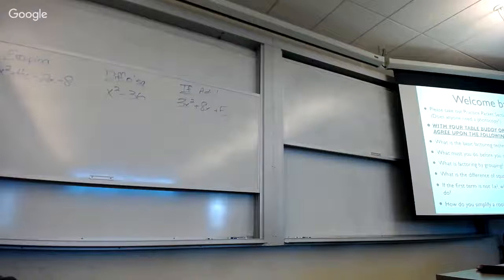Yeah, very good. So in this particular case, you'd make your factor table for 12. You'd say, well, 1 times 12, 2 times 6, 3 times 4. And which one of them does add up to 8? 6 and 2. Yep. So 2 and 6,